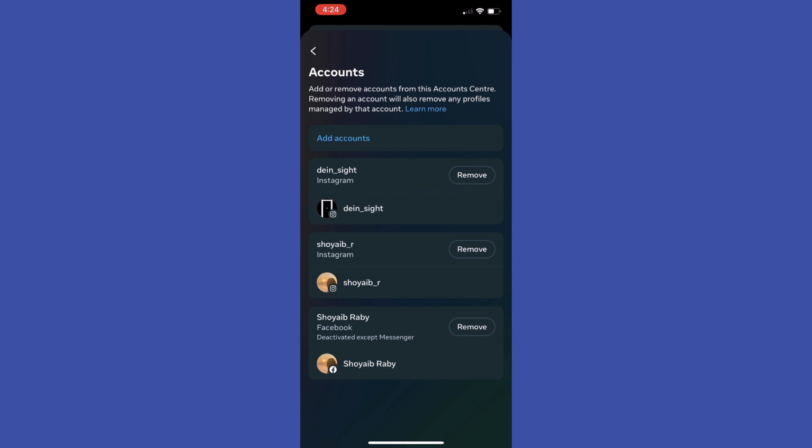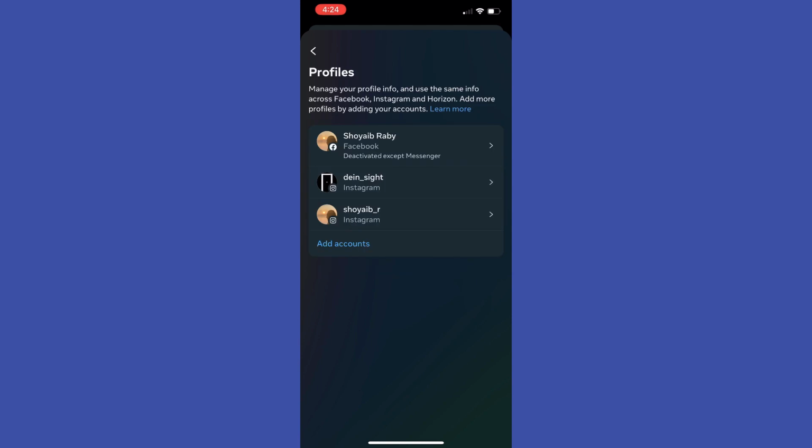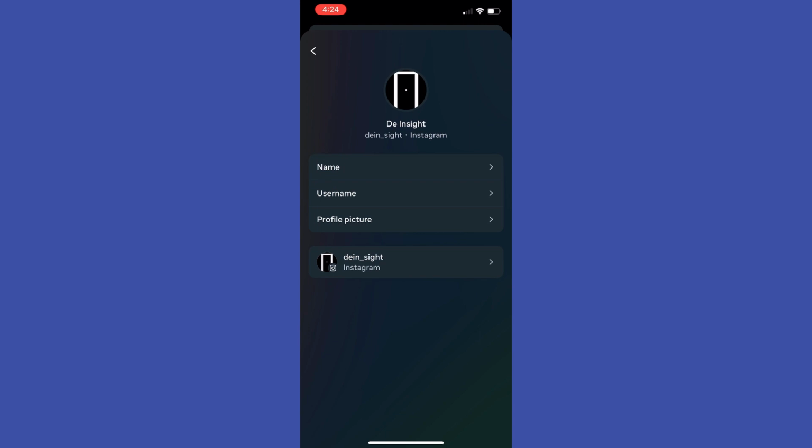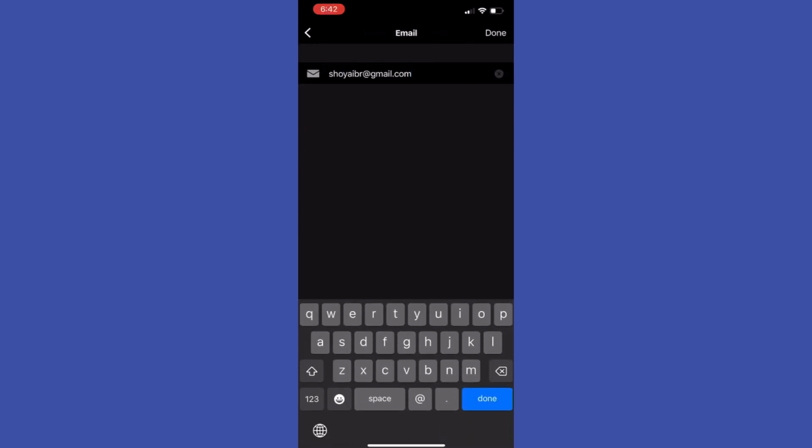So go and click on it like this. Then what you need to do is go down to account settings and click on personal details, and on this page here you can then go and see my contact info. So I am going to go and click on that, and then as you can see my emails and my phone numbers. So you can then go and type in your new email address in this box here, and